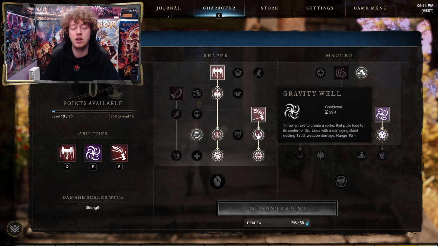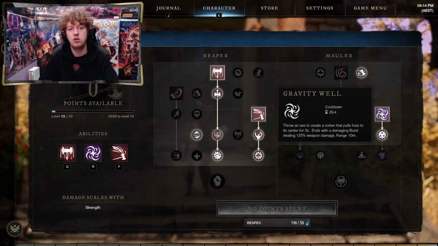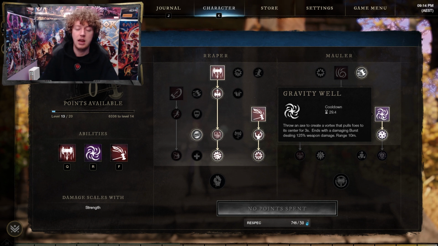Other than that, though, we are going Gravity Well. This thing is fantastic. It isn't Purple Tree, but it's really, really good. You chuck it down in an area, and it brings enemies in close. So you can pretty much just get a whole bunch of AoE damage going on them, and eventually it will